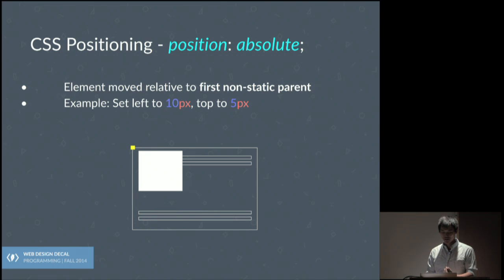Basically, if there's nothing, then it's just the page itself. But otherwise, it could be some position relative element too. So in this case, there is no parent element in this example, so it's just doing it based on the page. And based on the page, 5 from the top and 10 from the left is going to be basically there.